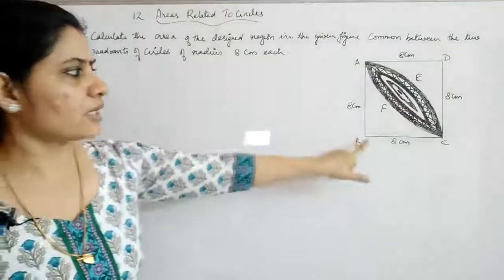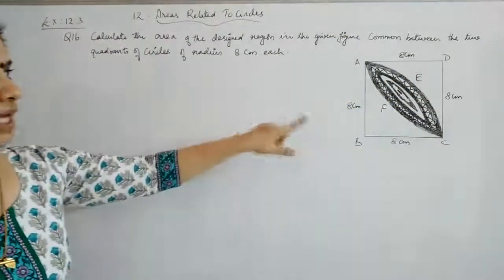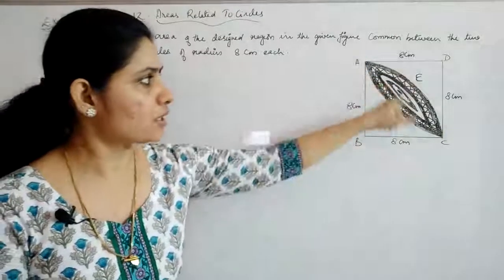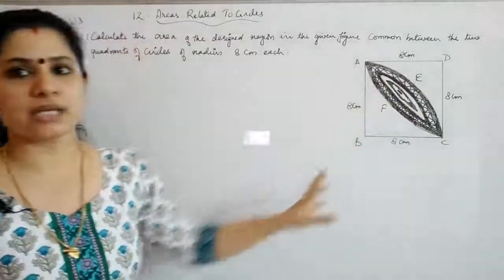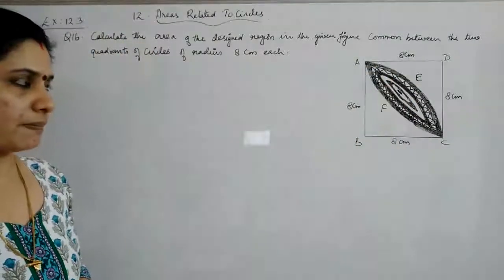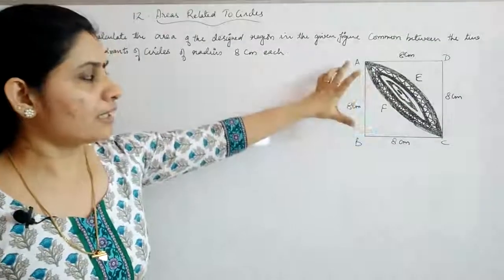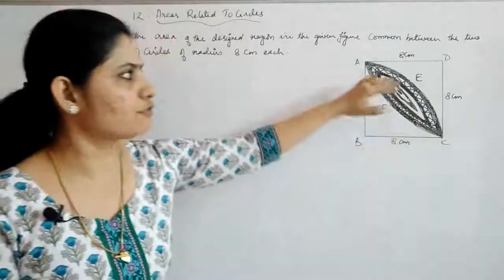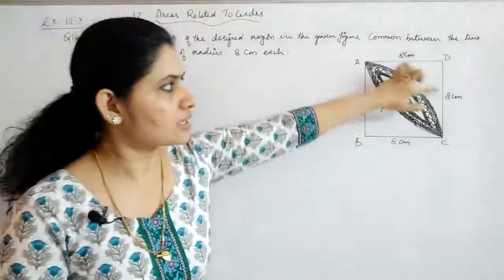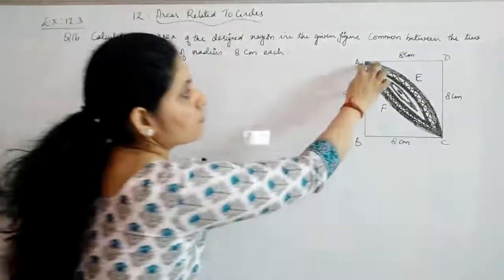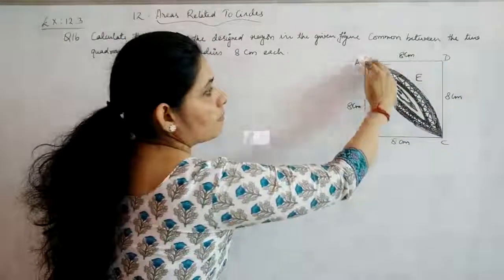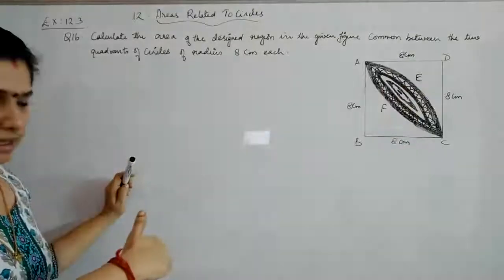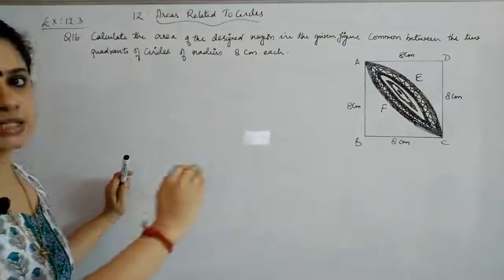For that, first we will find out the area of the square, then we will find out the area of one of the quadrants, that means either this quadrant or that quadrant, because each has the same radius, both values will be same. Subtracting that part from the square, you will get this region, or you can say this square total minus this region will give you this area, and again similarly you can find out the other area also. That means both areas will be same.